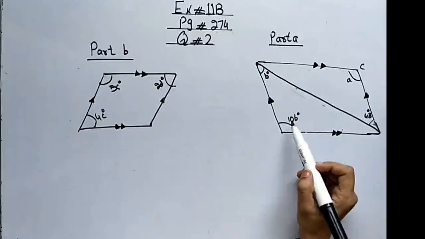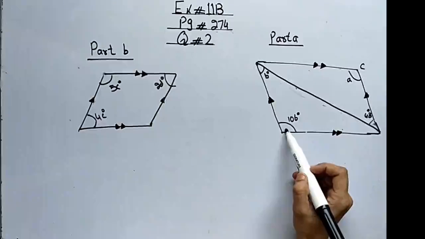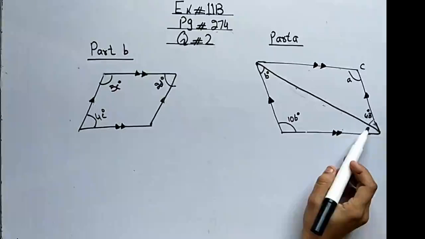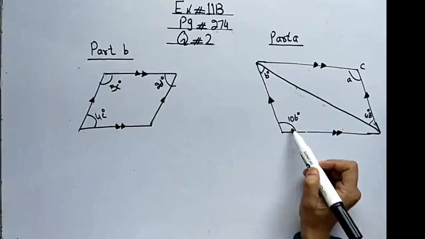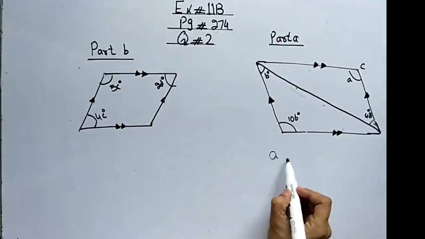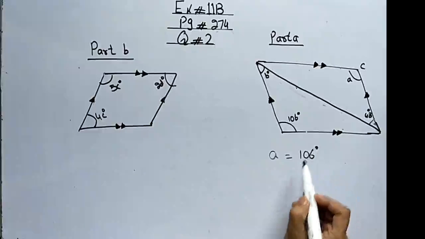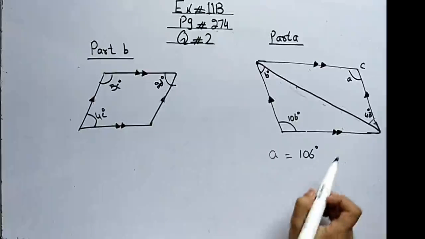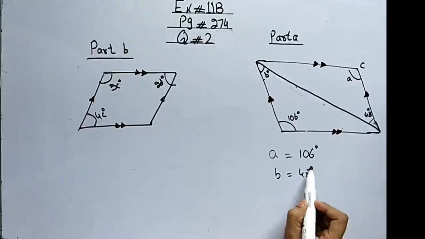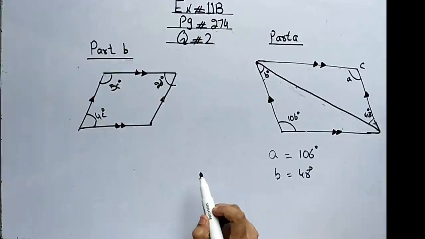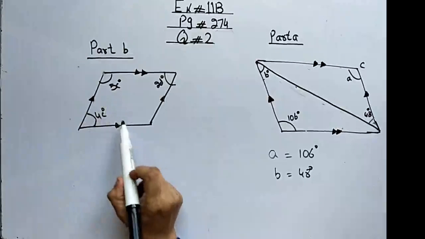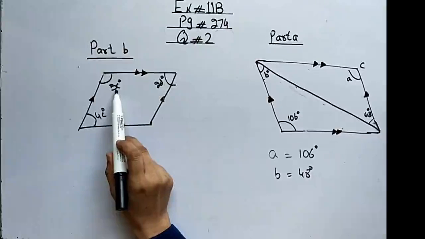Fine. So these two angles are opposite to each other and these two angles are opposite to each other. So if this angle is equal to 106 degrees, then A must be equal to 106 degrees, because these are the opposite angles, and B is equal to 48 degrees according to the opposite angle. Got it, beta? Okay, and in part B, the given figure is a parallelogram and there are three